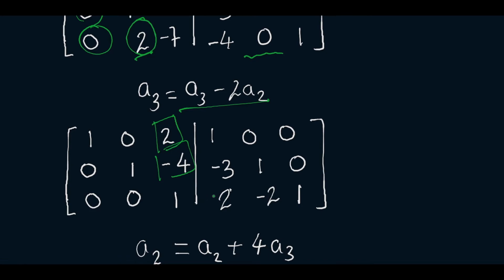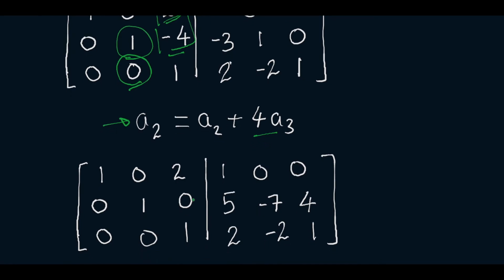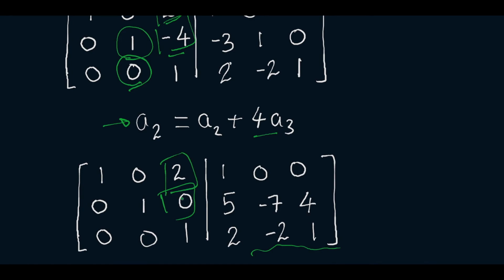So what we will be doing is we will be doing the upper elimination. So our A2 will change from A2 to A2 plus 4A3. Now this one will not be getting affected because the bottom of this is 0. So what we will be doing is making this -4 as 0 first. So now we have got a 0 here. Now you can see our identity matrix keeps on changing. We have got all the entries in the bottom two rows. Now the only remaining portion is removing this 2.